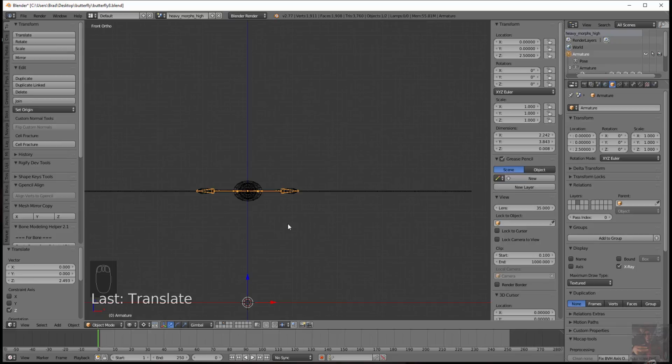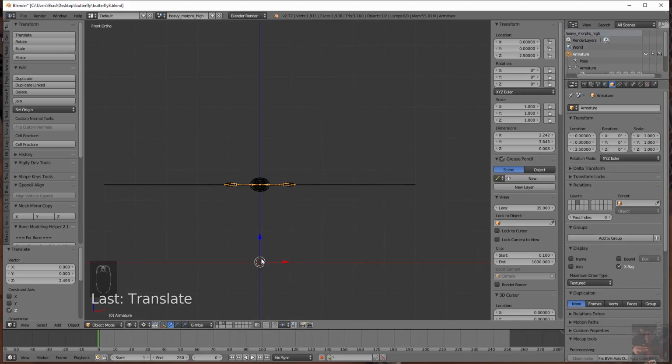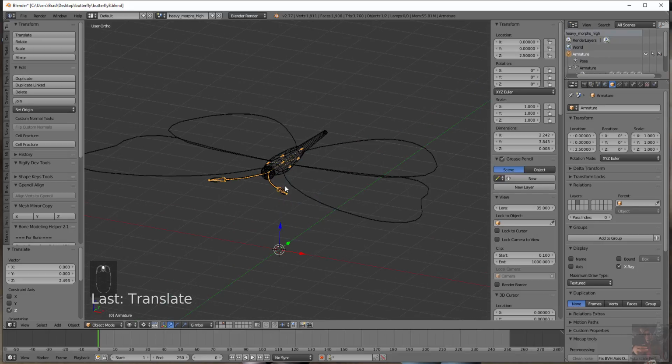However, if I do export the model now, what is going to happen is that origin point is still in the middle of the model. It's going to form the root transform, and if I default the model, it is going to fall back down halfway through the floor. So how do I fix this? I want the model to spawn, and when I default it, I want it to sit above the floor, 2.5 Blender units above the floor. Well, what I have to do is apply the location again. And when I apply the location for the entire model,